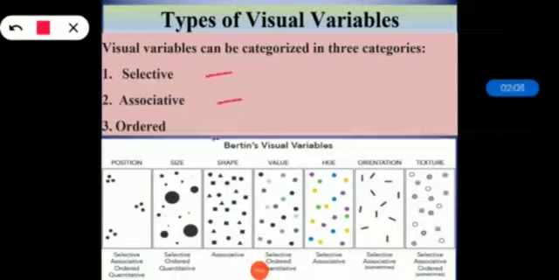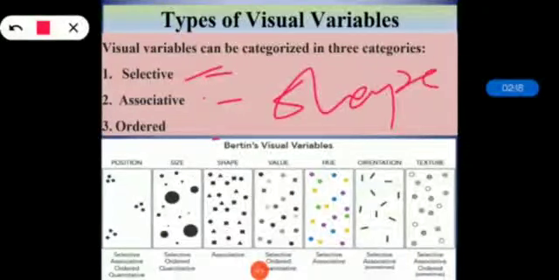When we are talking about selective, an example we can take is color hue. When we are talking about associative, we can take shape and order. So the visual variable is selective and therefore fundamental for symbolization of data if all the symbols can be easily isolated to form a group of similar symbols based on this variable. Then Bertin contends that shape and orientation are not selective.